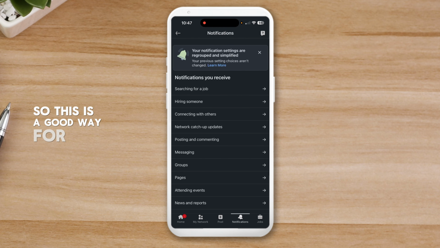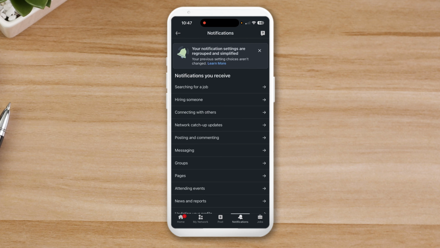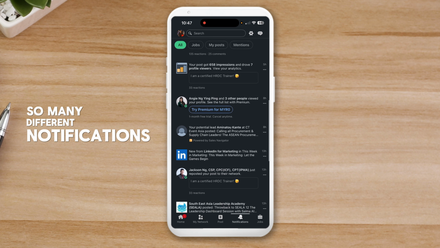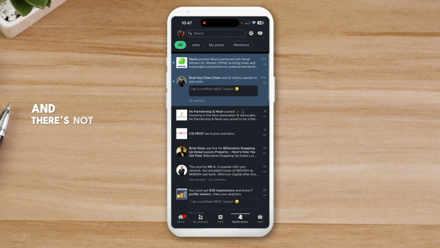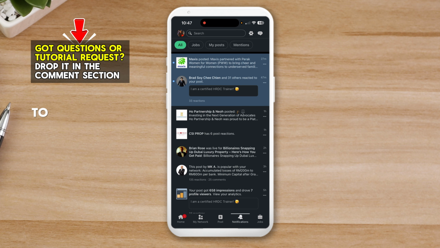So this is a good way for you to clean up your notifications because you do not want to have so many different notifications that are not related to you and that you're not really interested in. And that's the reason why I want to share this with you, to share how you can manage